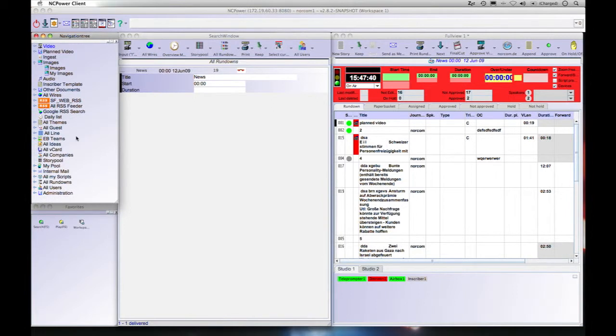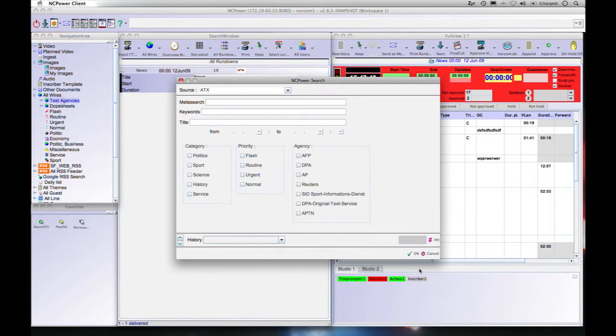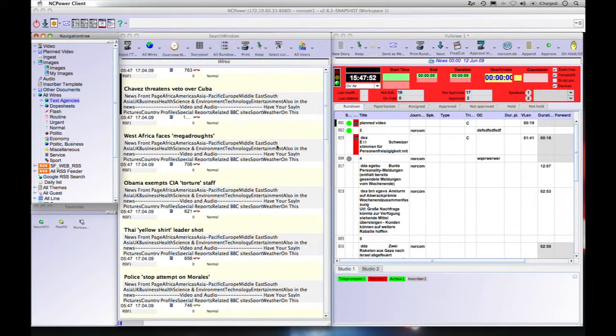Next to the navigation tree window is the search window. This is where all of your searches are opened up. For example, if I was going to open up a wire and do a search, then you will see all of the results. Here you can see a portion of the article, as well as the title, the time, what feed it is